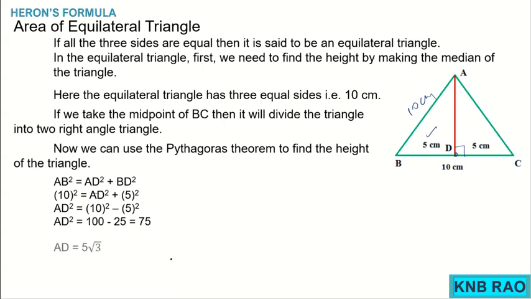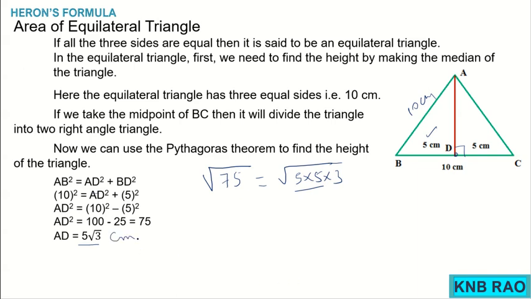Thus AD is root under 75, which can be written as root 5 into 5 into 3. Out of two 5s, one 5 comes out, so it becomes 5 root 3 centimeter as the length of height